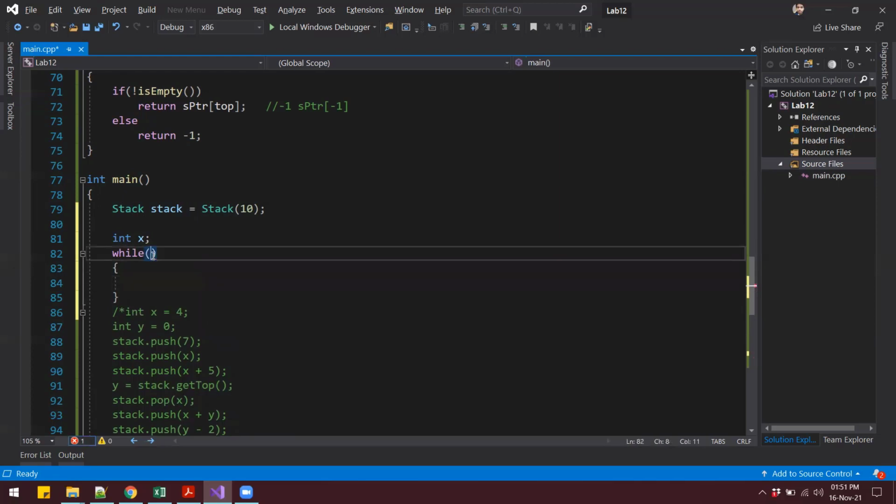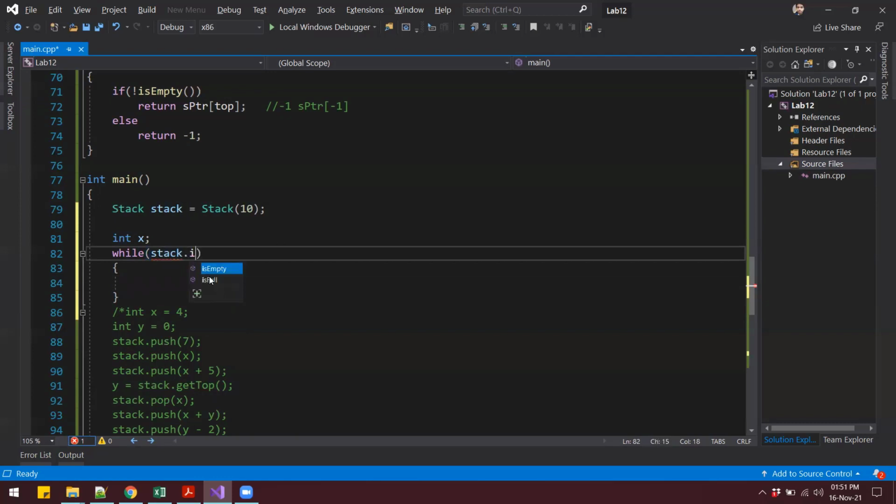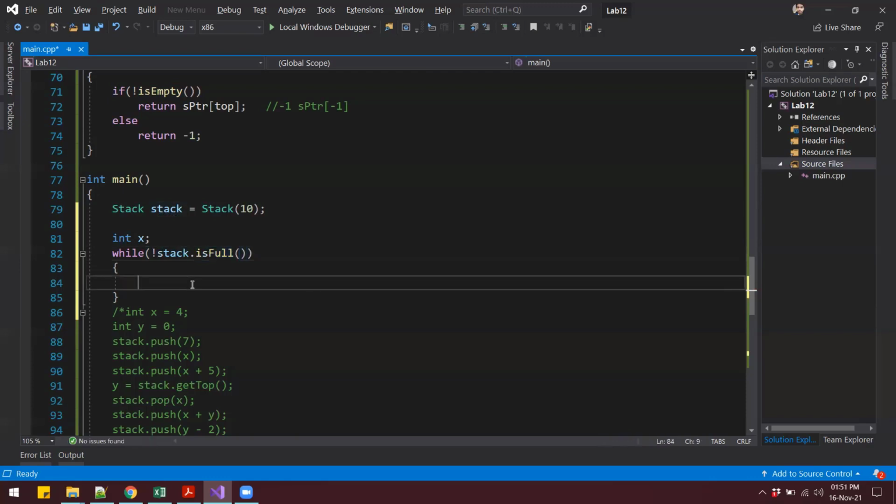So while some condition, then we do something. We can say while the stack is not empty, sorry, while the stack is not full, right? So while the stack is not full, we keep on asking the user to enter the data, and then we keep on pushing the data onto the stack.